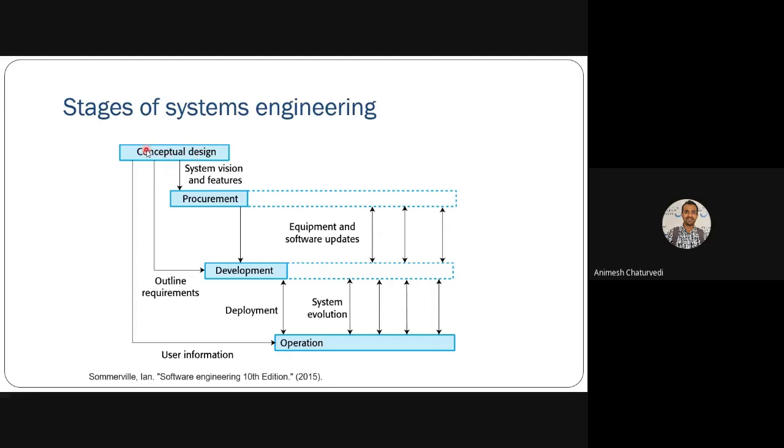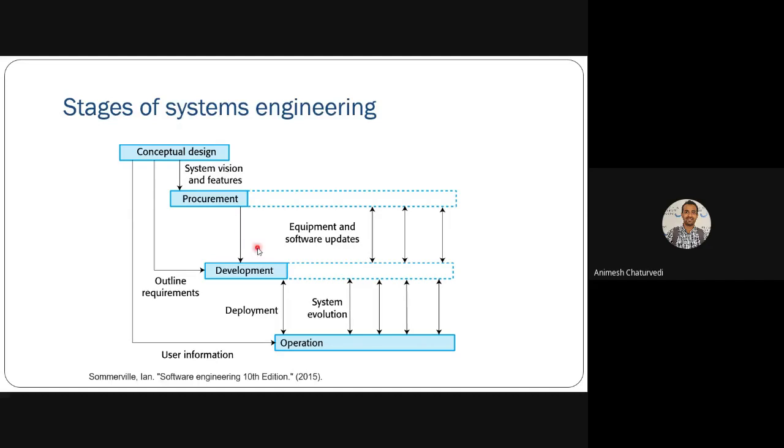Then conceptual design. Basically, the stages of systems engineering involve having various concepts, like conceptual designs, having the system vision, what the concept of that design was. We'll see this conceptual modeling later, in detail. There are various modeling types. Concept modeling and this type of design can help you do the system vision analysis, help you do the feature analysis, and that will help you do the procurement, that is, how you procure that project.